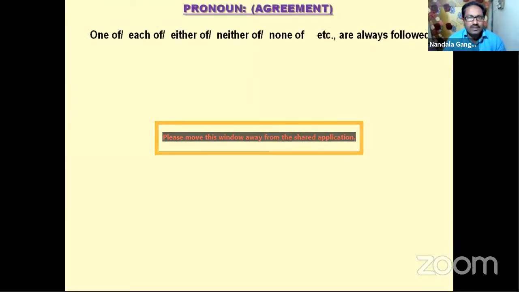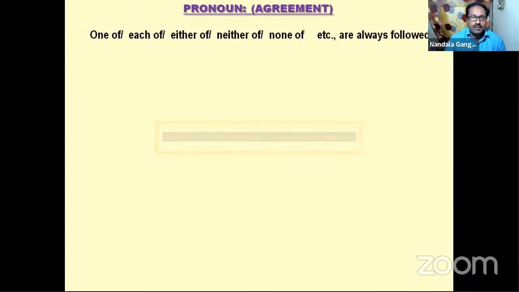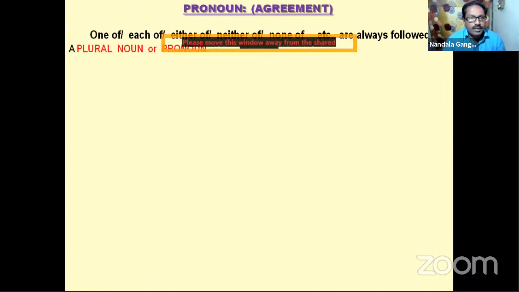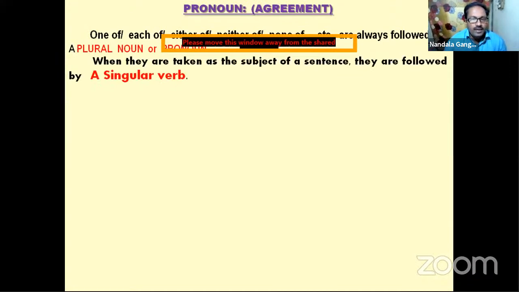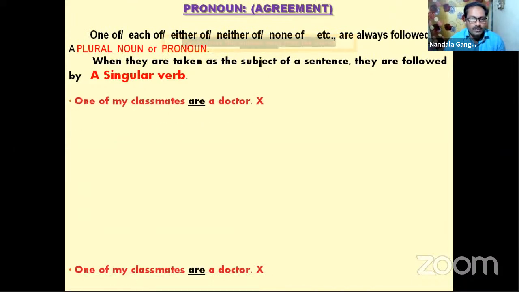The first one is pronoun. The pronoun also follows agreement, subject-verb agreement. That is, one of, each of, either of, neither of, none of, etc. are always followed by a plural noun or pronoun. When they are taken as the subject of a sentence, they are followed by a singular verb. After that, we have to use a plural noun or pronoun. In this case, we have to use only a singular verb. Here you see the example: one of my classmates are a doctor. My classmates is the